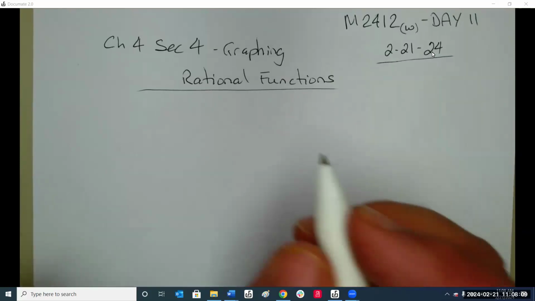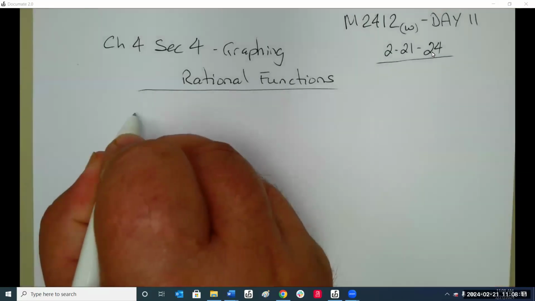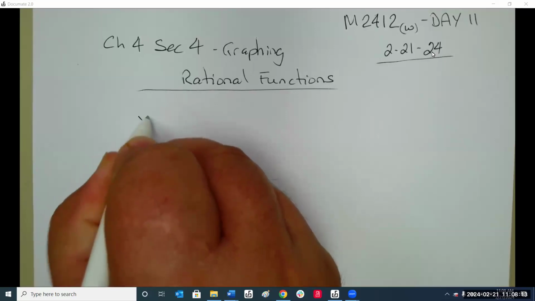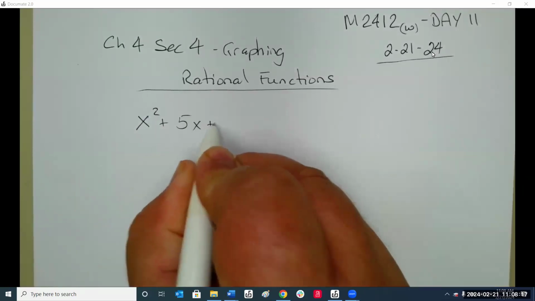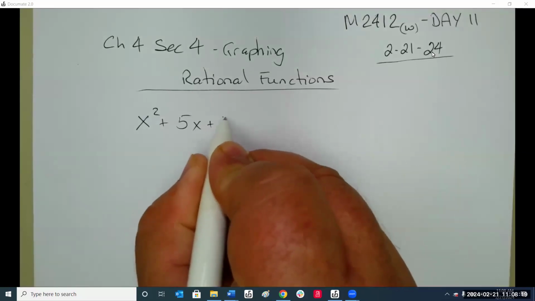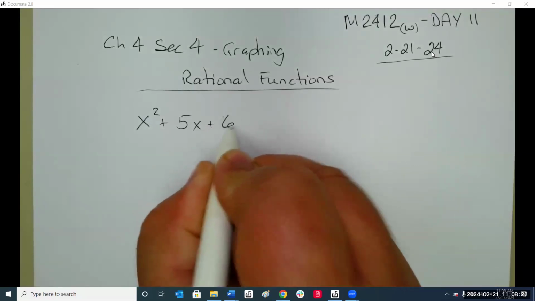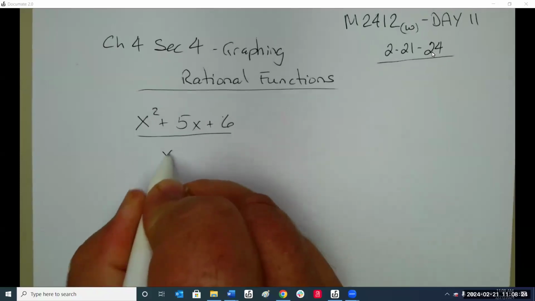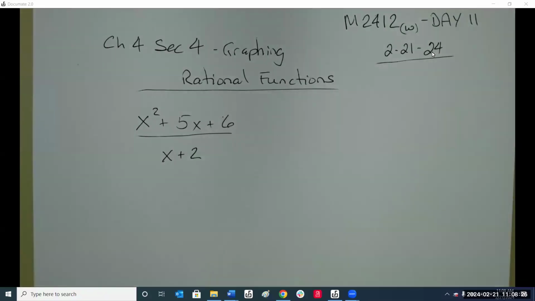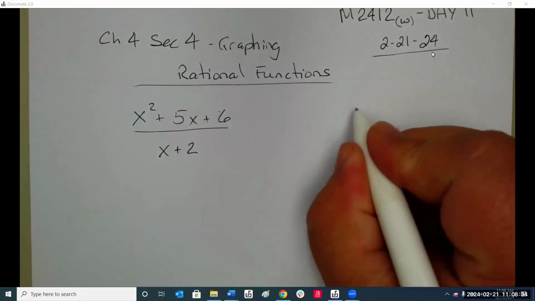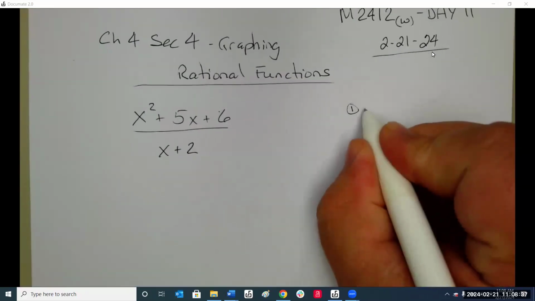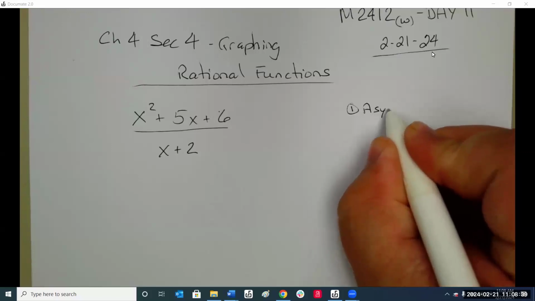Unlike regular equations, when we deal with rational functions, let's do an easy one real quick. We have to look for asymptotes